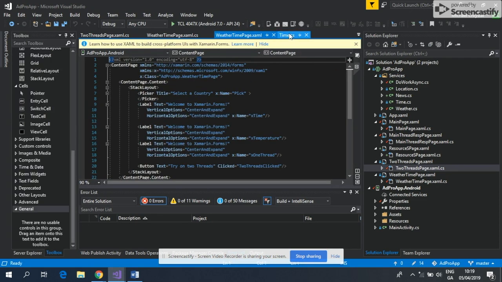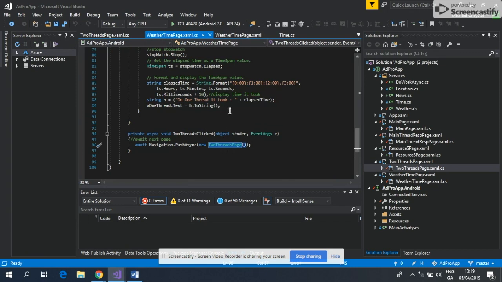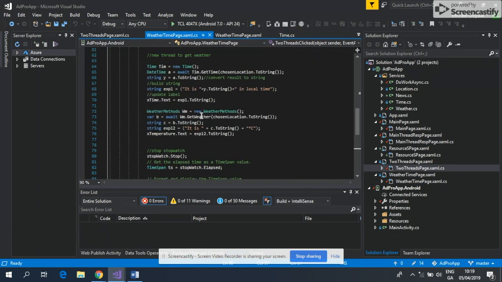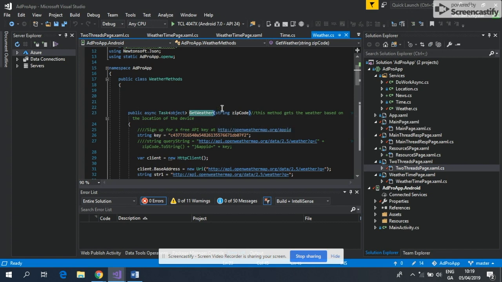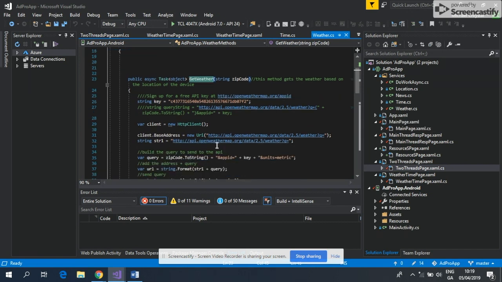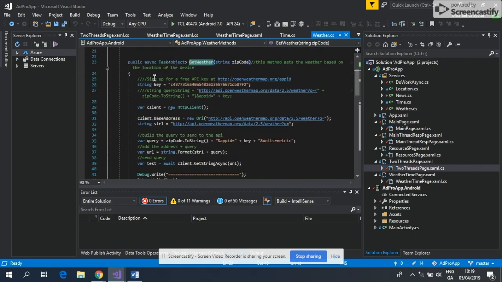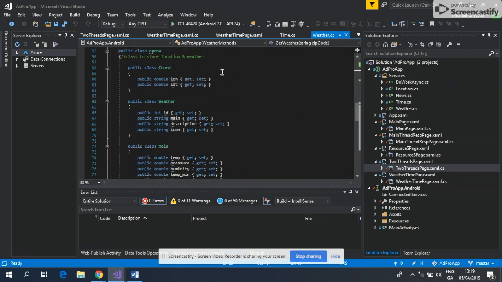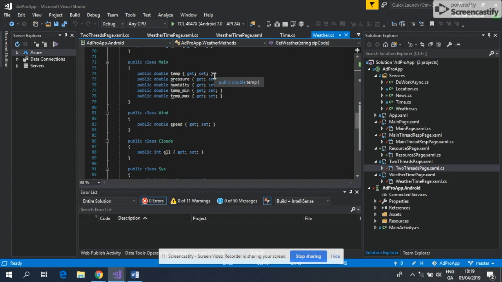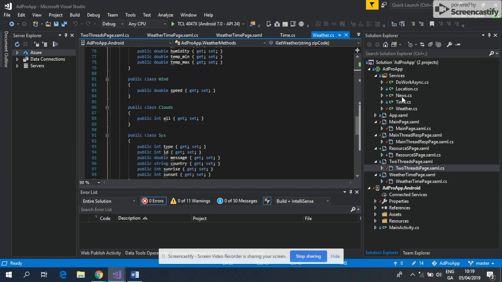If we go back here, we just go up here now. That's the time, so that's the time one done. And to get the weather, we'll just go to this. So this goes off and gets the weather, HTTP client. I'll explain this in the other one, and it returns an object. So as you can see again, it's a public asynchronous task which returns an object, and then the classes to collect it. So then in my other page,